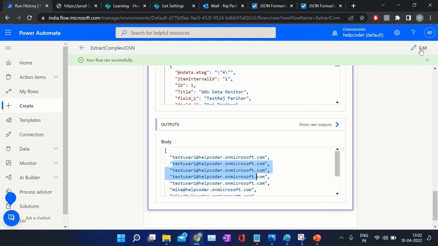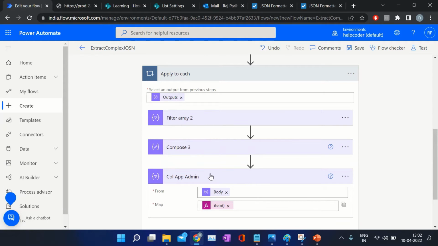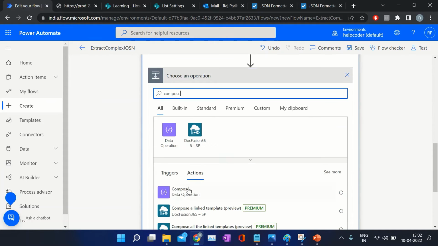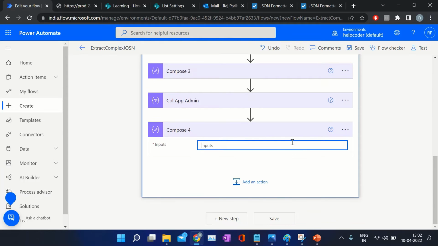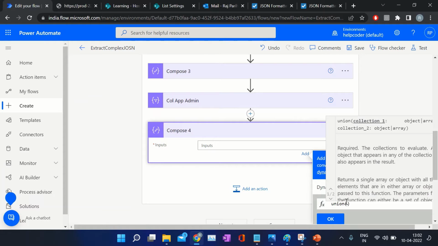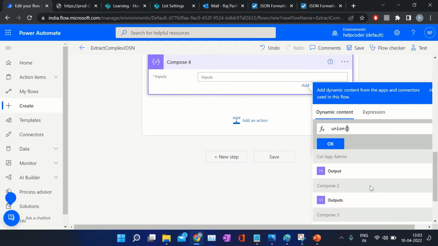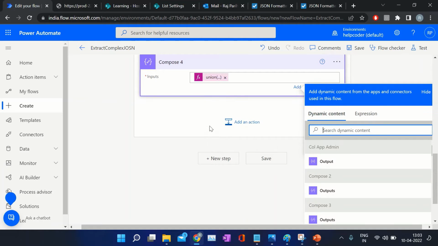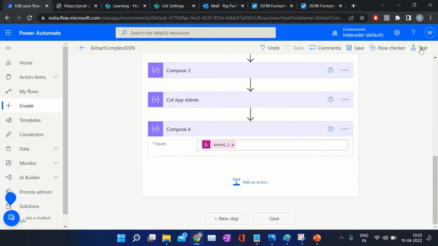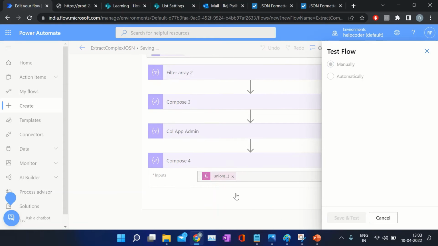To remove duplicates, what we need to do here is you can simply select compose, and using union we can union the output of the select. Click here,